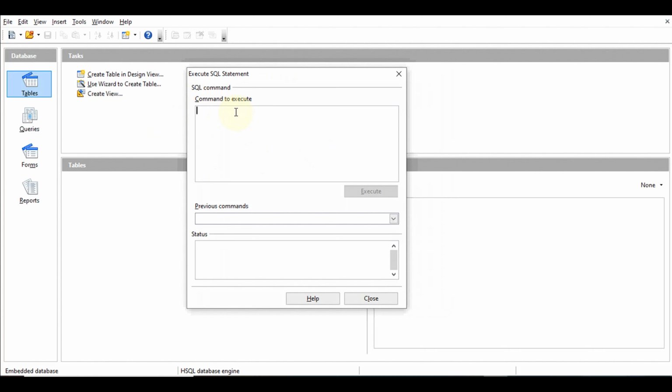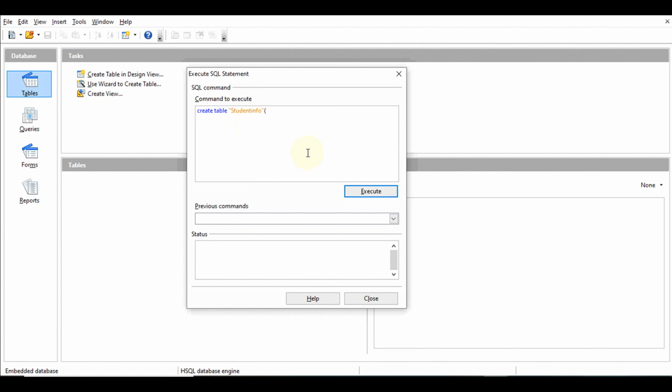So first is create, thereafter next is table, thereafter in double quotes our table name will come, and that is student info. Then double quotes close, and after that the bracket opens, and now one by one we have to mention all our fields with data type and length also.